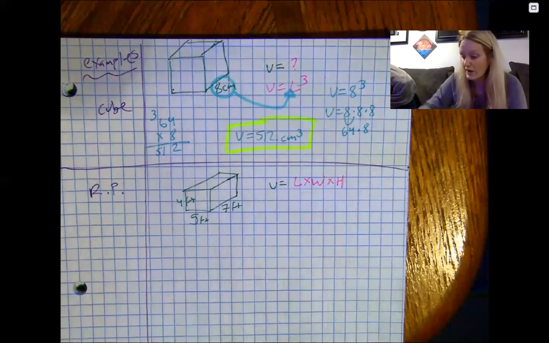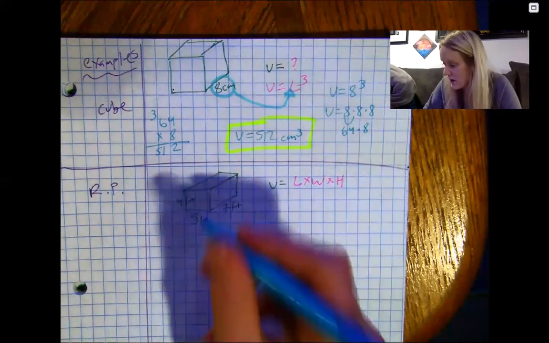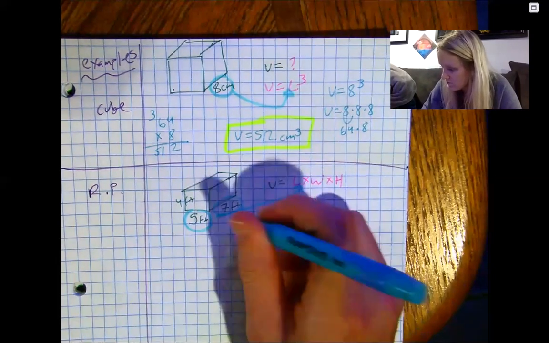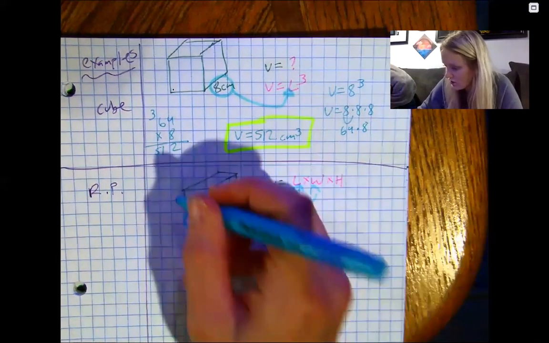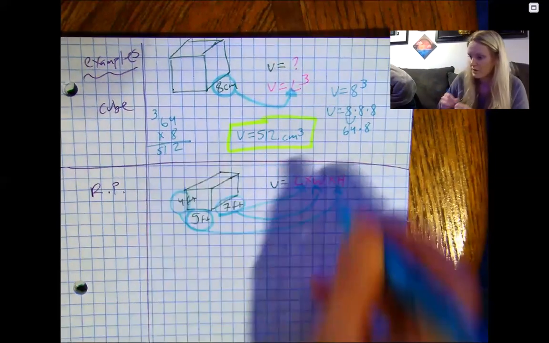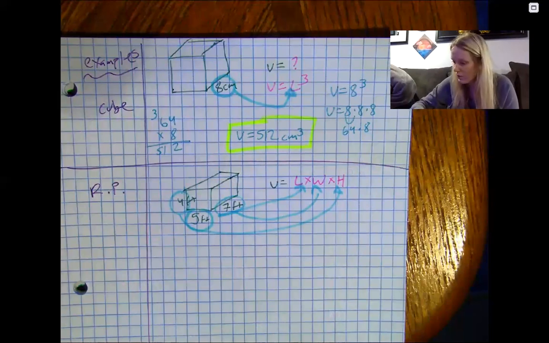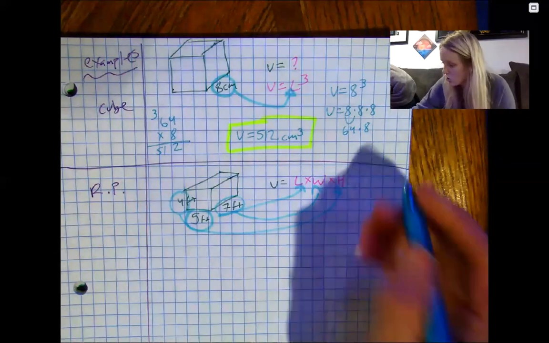I'm going to replace length, we'll say is 5. Width, we'll say is 7. And the height, how tall it is, we'll say is 4. So area of the base times the height: length times width for the area of the rectangle, times how tall it is. So that is going to be, okay, so it's going to be